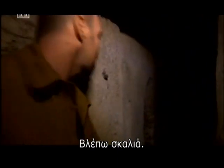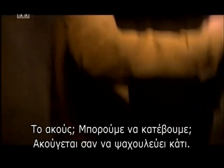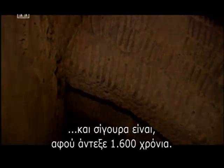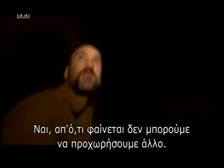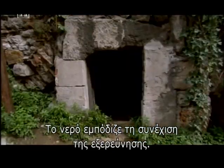I see steps. Oh, wow. Can you hear that? Can we explore down here? I hear something scampering around. Be careful, Eric. I'm trying to be careful here. Looks like it's a good 30, 40 feet up from here. And the masonry and the stonework looks impeccable. And it'd have to be if it stood up for, oh, let's say 1,500, 1,600 years. Looks like I can't take another step down because it looks like it's flooded out down here. Yeah, this does look like it's probably the end of the road for us. Water seemed to prevent further exploration until...